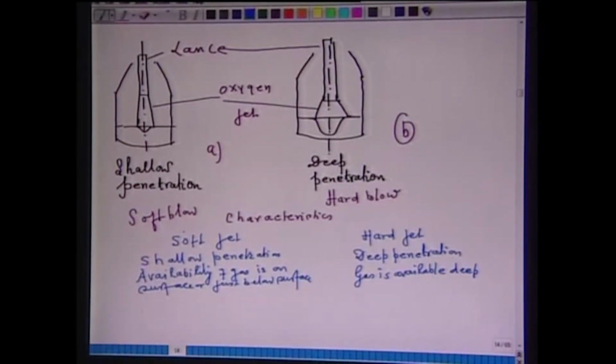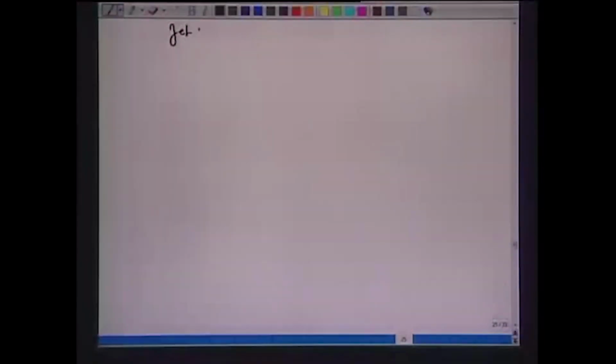Third, jet velocity is low for the soft jet, whereas for the hard jet, jet velocity is high, and as a consequence, the droplets are produced by the hard jet. So, for example, if the jet is chemically reactive,